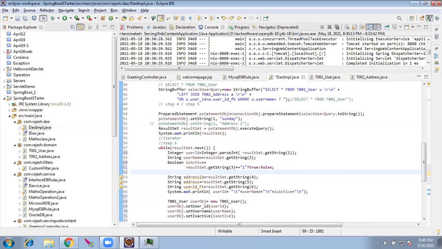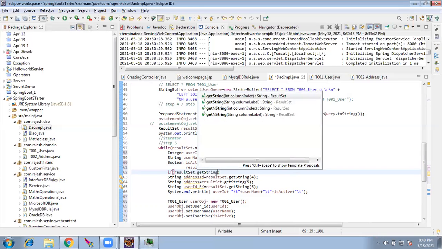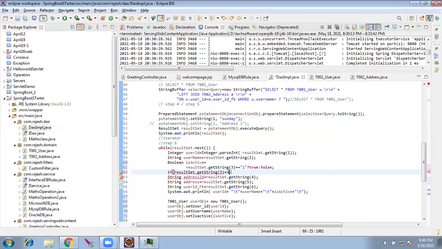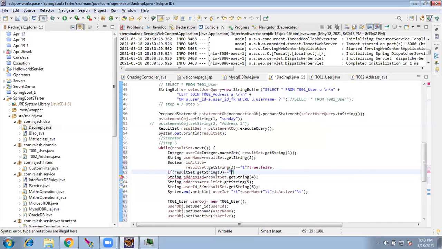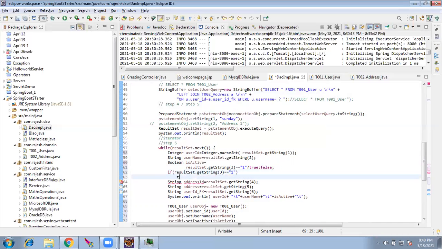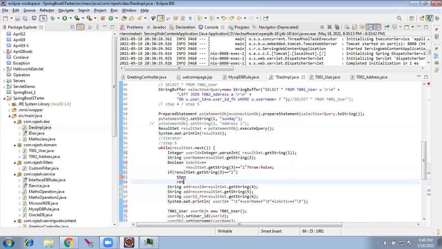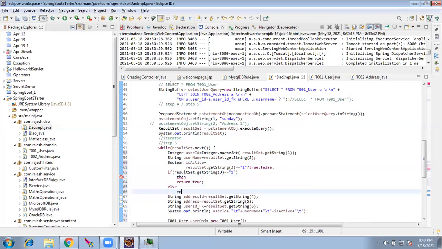The equivalent code for this is, if that result set dot get string of 3 equal to 1, if the result set is coming as 1, then return true, else return false.